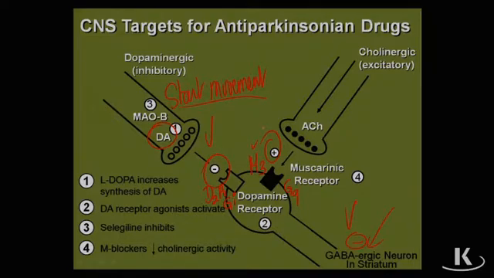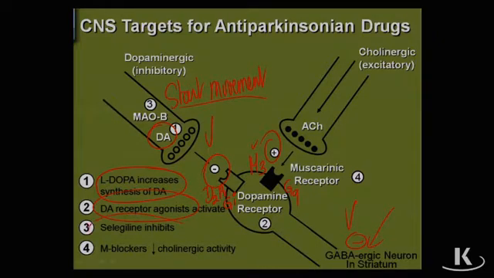The numbers then represent the potential groups of drugs used on that system. The primary drug we will review is levodopa. L-dopa is a precursor of dopamine that will cross the blood-brain barrier and whose job is to increase in the patient's brain the dopamine production. Otherwise, at position 2, dopamine receptor agonists could be used to stimulate the D2A and shut down the GABA neuron, or